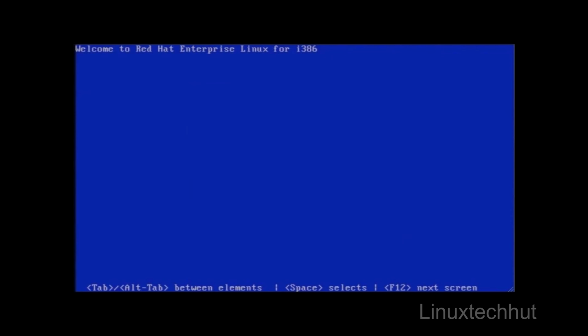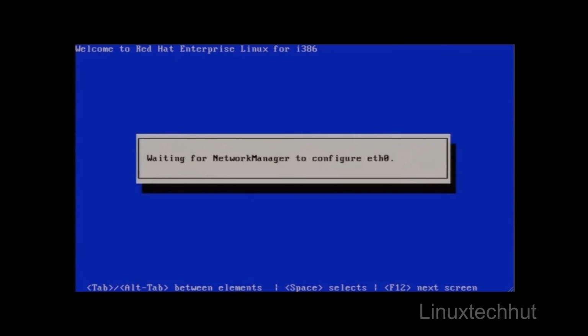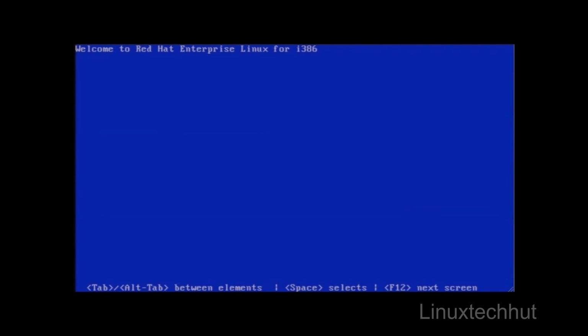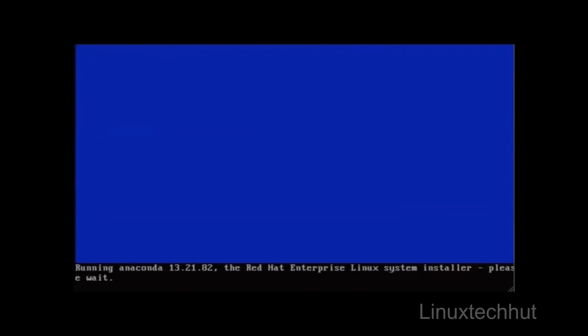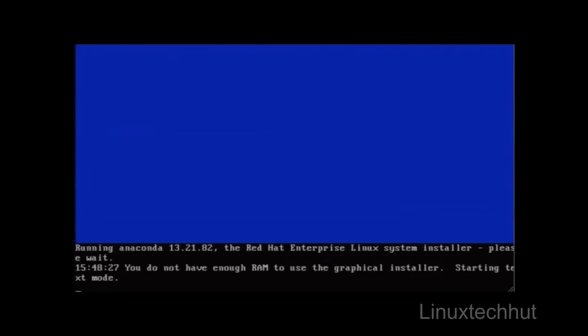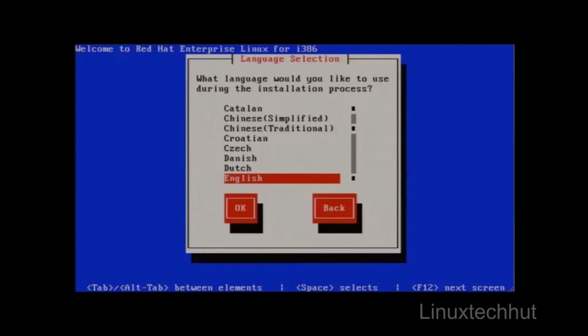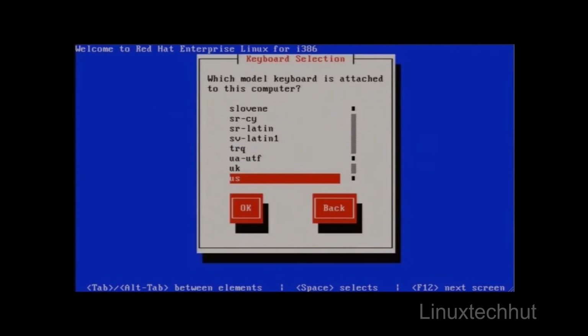So this will take us to the next phase of installation. Network Manager is configuring eth0, and notice the install image was retrieved. That means the network settings we passed worked. And if you notice again briefly, you do not have enough memory. So welcome to the Red Hat Enterprise Linux text-based installation, because not enough memory was detected to support a graphical installation. So let's go ahead and press OK and indicate standard settings such as the language that we'd like to use, the keyboard,